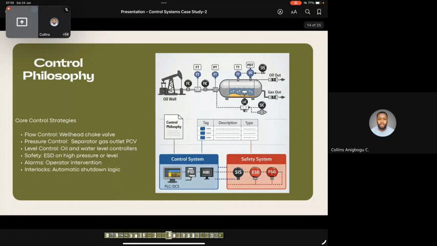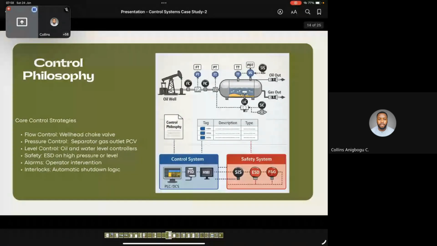So maybe you're going to use fail safe. In our own industry, safety requires everything to fail safely, right? So the control philosophy defines the kind of mindset you're going to follow in implementing your control. For example, you might say that